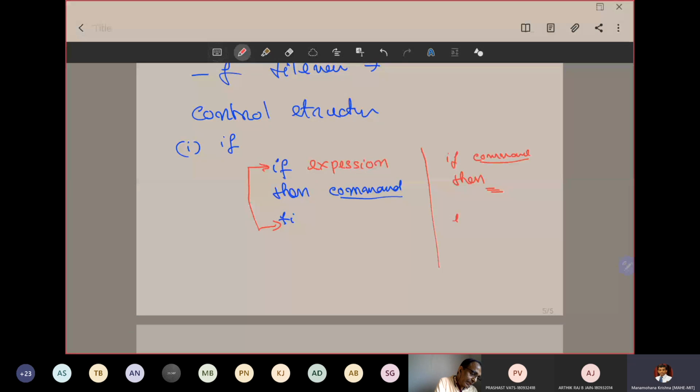Else if, ELIF. Remember this. You have to write ELIF. Then you can write some condition here, then write another command or command. So this is the general way in which we can use if and else if. Similarly,